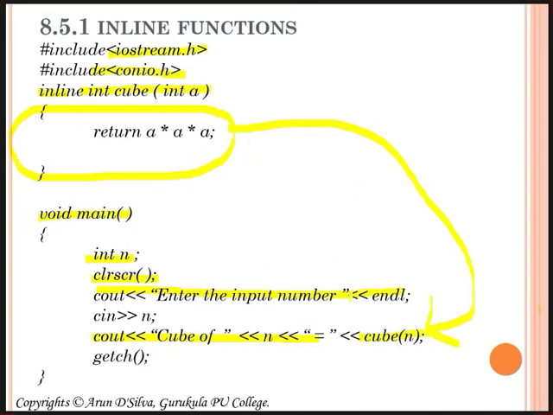Anyway, in my example only one line of code is there. If there are 100 or 200 lines of code, then that code will be replaced there. One line doesn't matter. If it is more than that, then it is a problem. Of course, then you close the program. This is the way; it's simple. There is nothing special. The only speciality is that where the function is called, its body will be inserted.